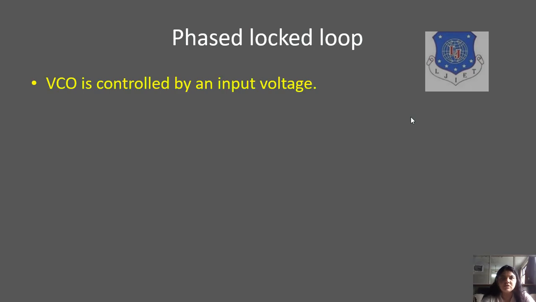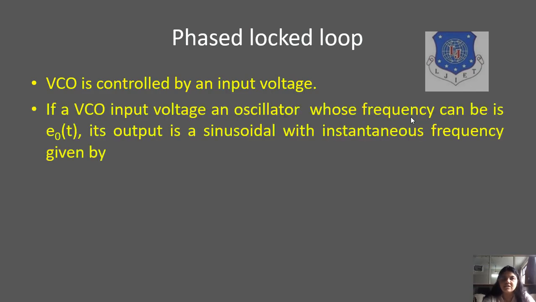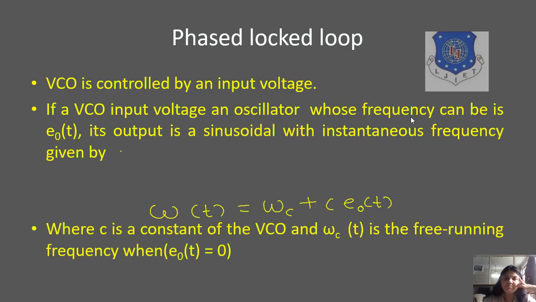So suppose the VCO is controlled by the input voltage, as I said earlier. Now if an input voltage E0(t) is applied to the VCO, its output is a sinusoid with the instantaneous frequency given by omega(t) equal to omega c plus c E0(t), where c is the constant of the VCO and omega c is the free running frequency